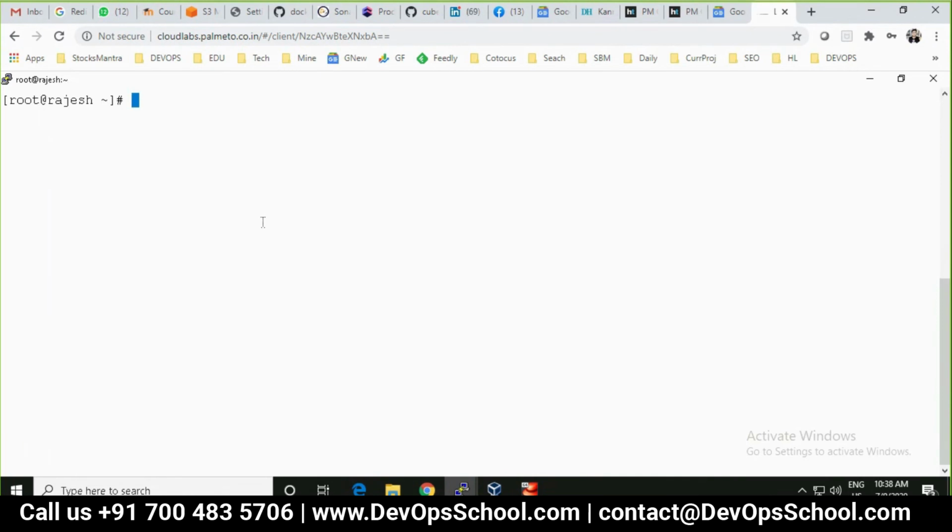What do you want? kubectl create pod. But this is a confusion actually. It's a confusion because I can create a pod, but a pod requires an image and a few more parameters like a port and so on. So how do I specify? That is the question. I don't know how to do that.